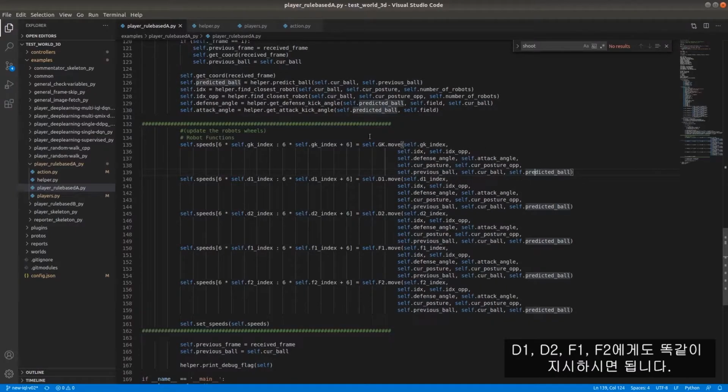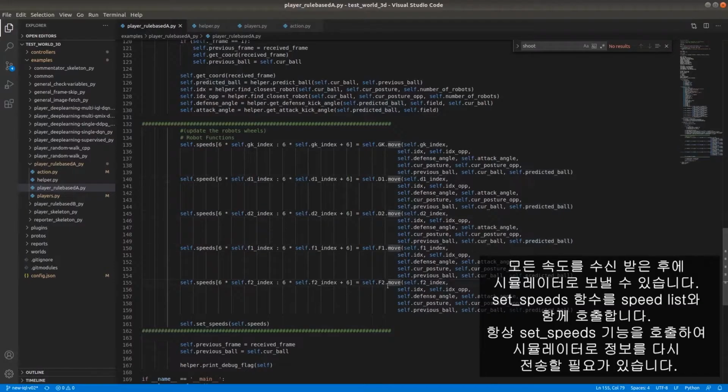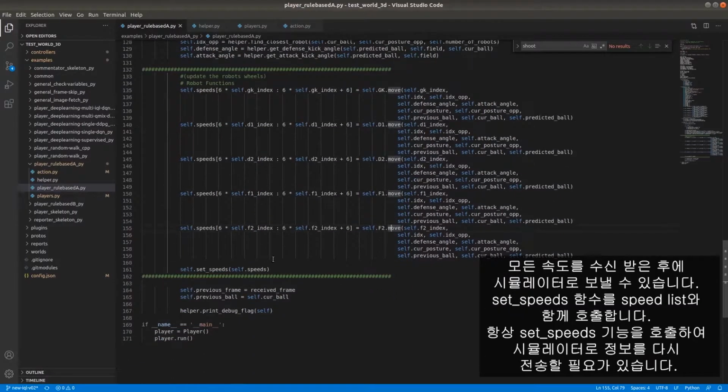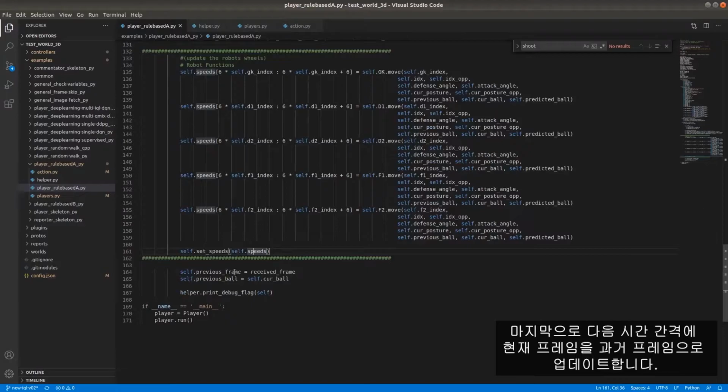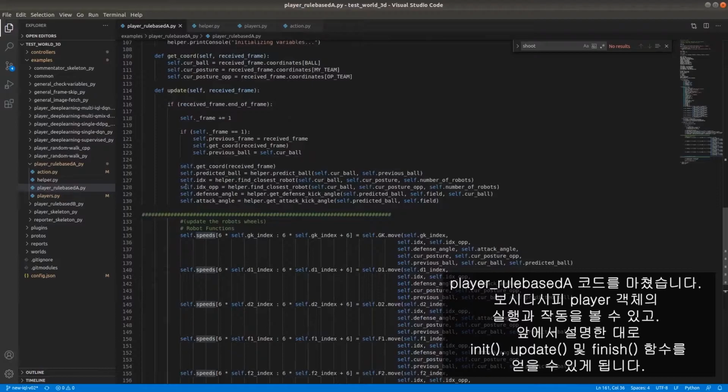I give this opponent. And I do the same thing to get the actions for the D1, D2, F1, and F2. After I receive it back, all the speeds, I can send back to the simulator. So I call the set speeds. You always need to call the set speeds to send information back to the simulator, and I send this list. And I update my previous frame and my previous ball, and I finish my update loop. And with this, I conclude the player rule base A